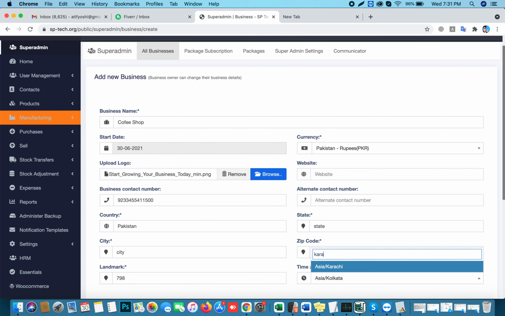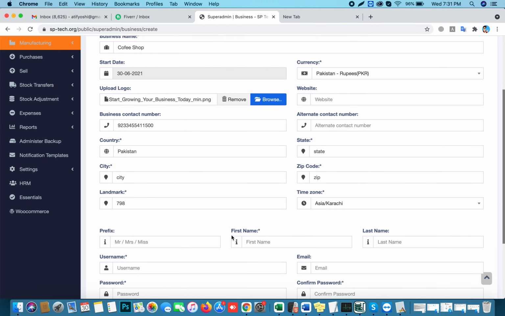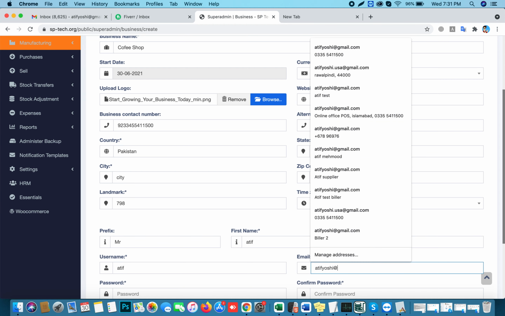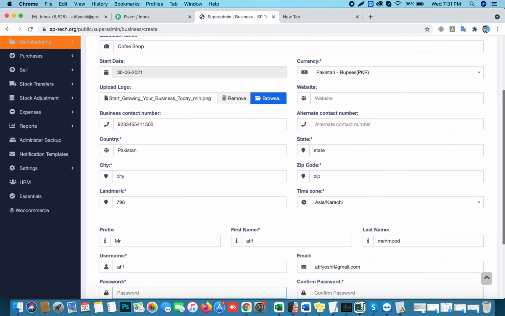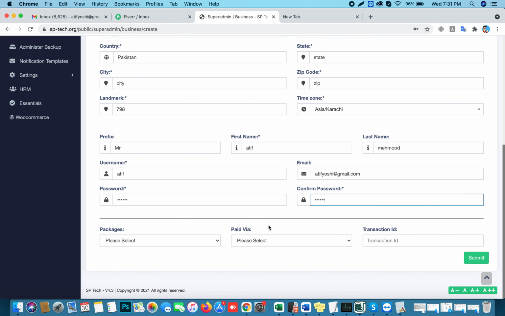My time zone is Karachi, and the name is Mr. Atif Mahmood, my username is Atif, and my email is atifyoshi@gmail.com, and I add the password 123456. Okay, so I am applying the basic package to this business,